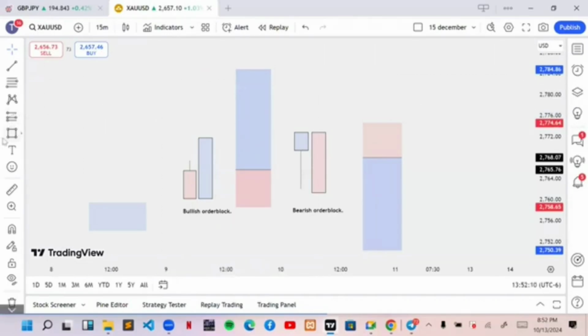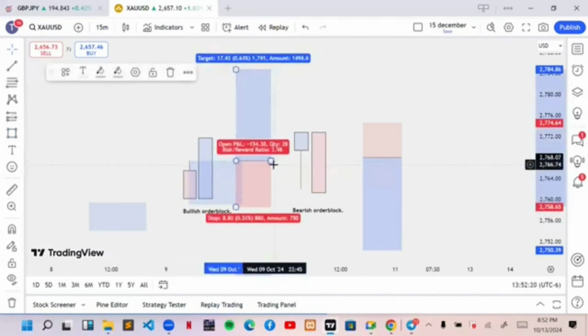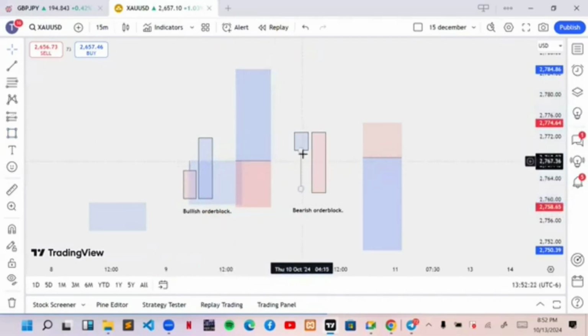So for example, this particular order block, the wick is actually shorter than the body of this order block. So if you're picking your entry, you pick your entry from the wick of the order block right here. But in this scenario, the wick of this order block is way longer than the body of this order block. So if you're picking your entry, you pick your entry from the body of this order block,